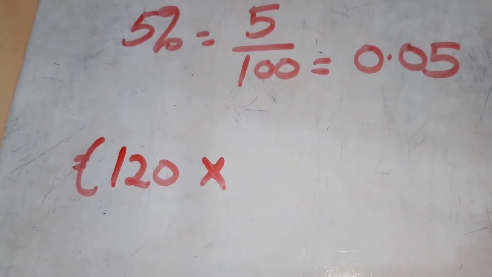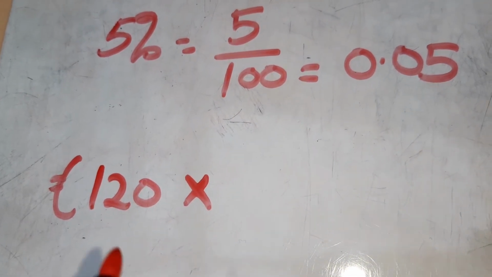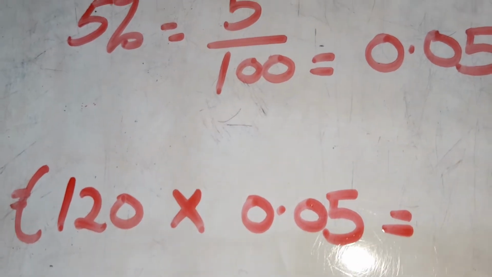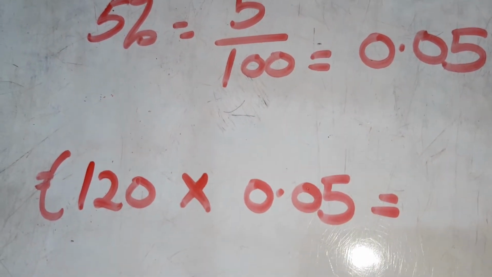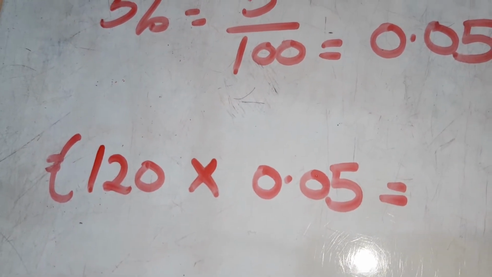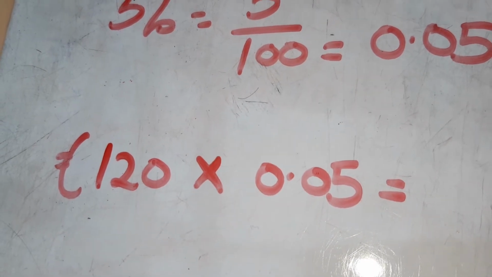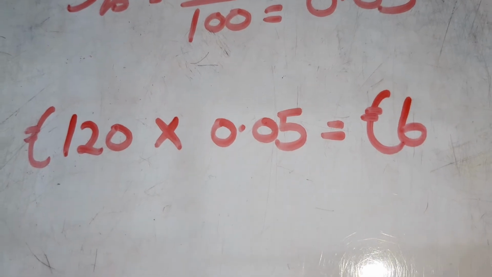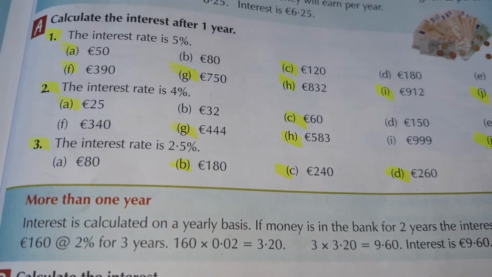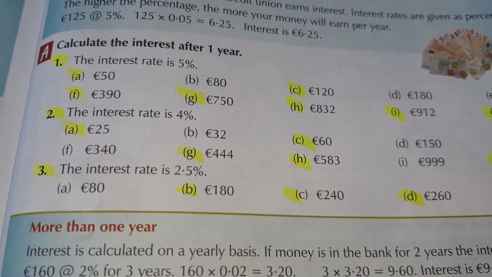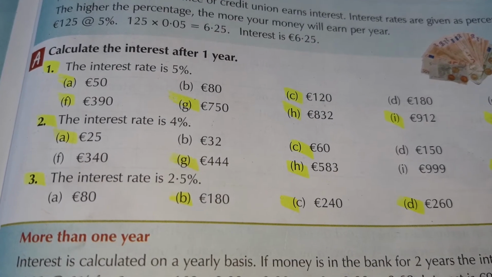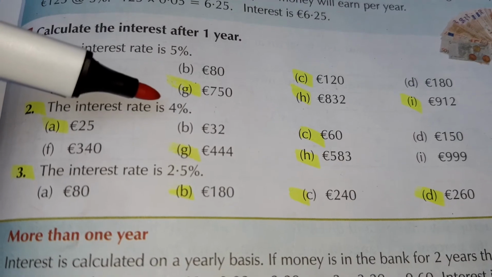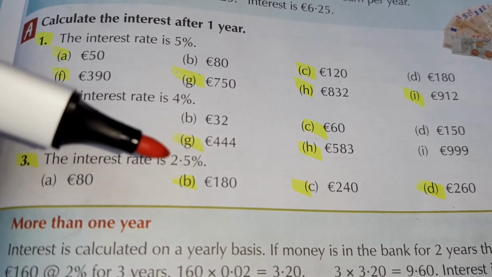Next one is 120. Again, the interest rate is the same, so it's times 0.05. So just calculate it out. 120 times 0.05 equals €6. So the interest on €120 is 6. So all of the others there on that section A are done the same way, okay? The interest rate at 4% will be timesing it by 0.04, and the interest rate on 2.5%, I'll just show